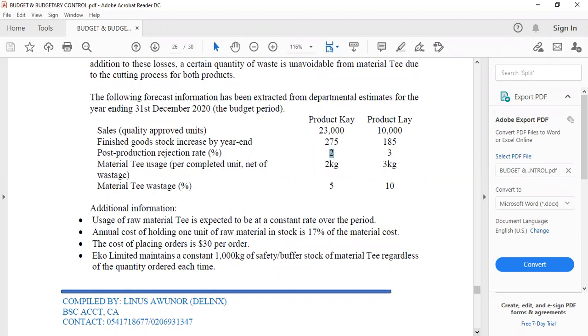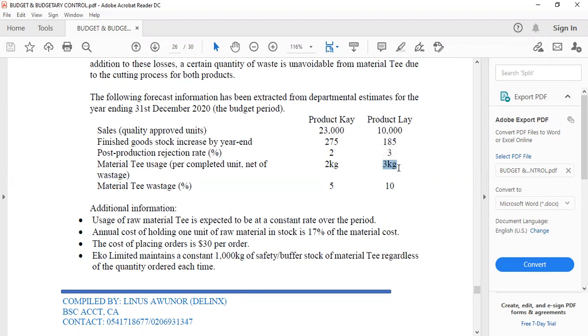2 kg for A and 3 kg for B. Take note: net of what? Net of wastage. So it means that this represents 95%, isn't it? And this represents 90%, isn't it? So another way of doing it is that you can gross this one to 100%,